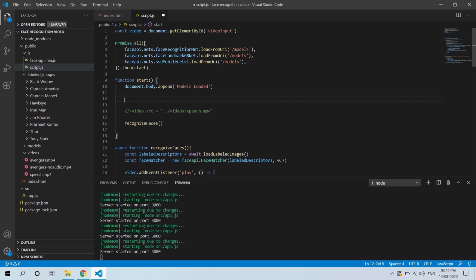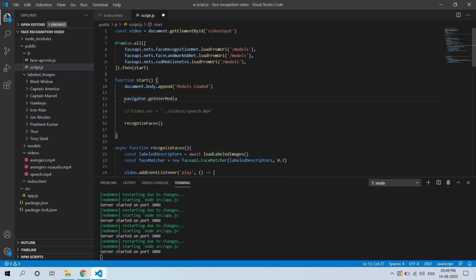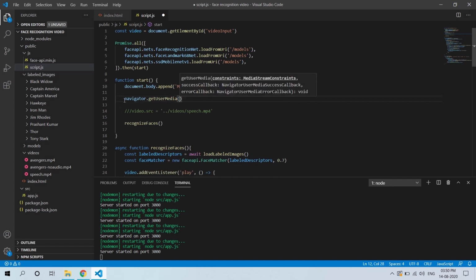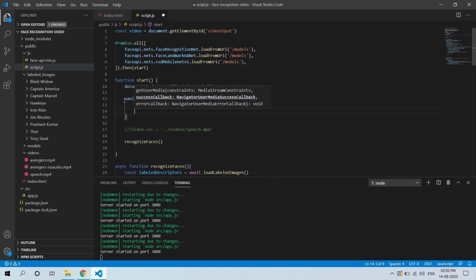To do that, let's do navigator.getUserMedia. The first thing is video, and stream it